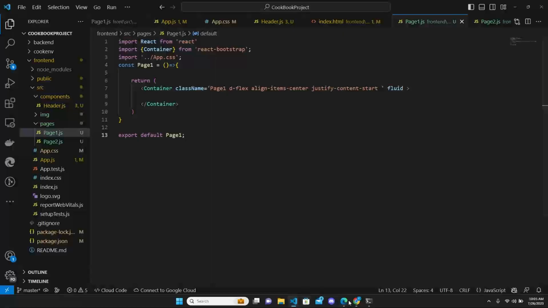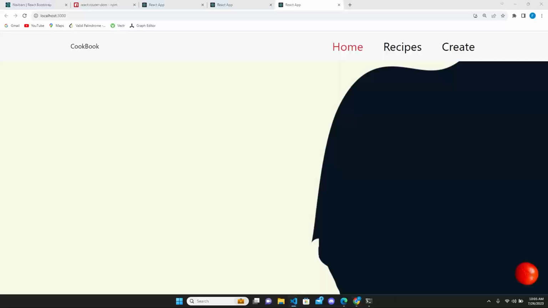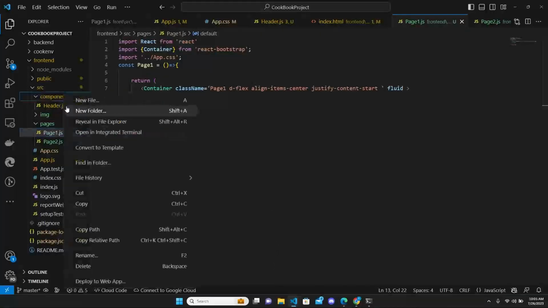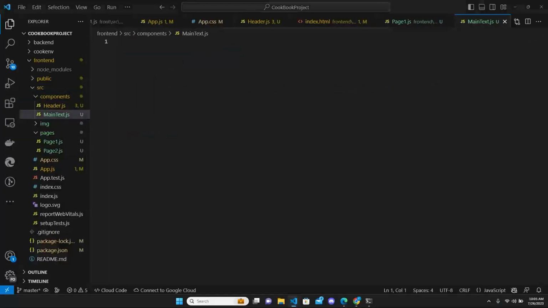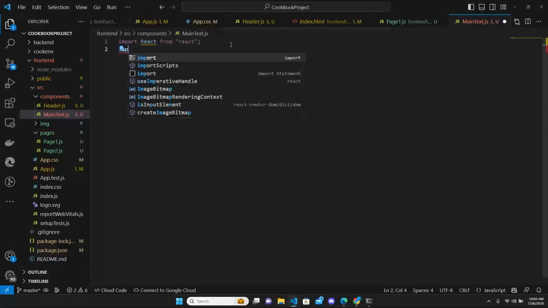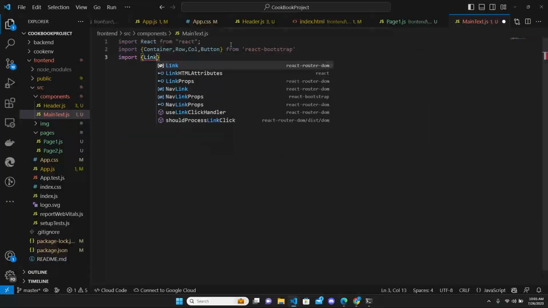Now in page one, as I said, we want to have the text. So this type of text is going to be a component which will render the HTML for the text. So let's add a new file. Let's call it MainText.js. And for the main text, we want to import React. We want to import the container. We need the Row, the Col, and the Button from React Bootstrap. And then we need the Link